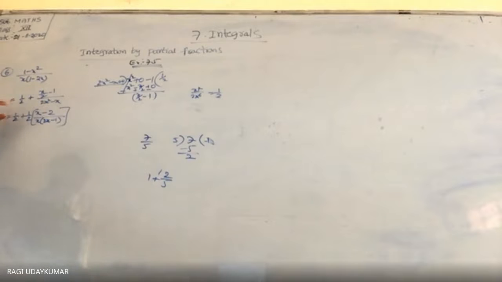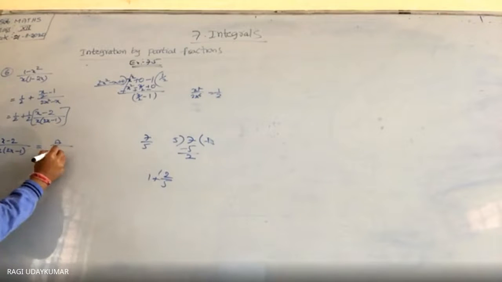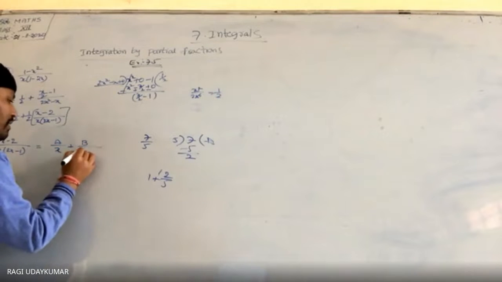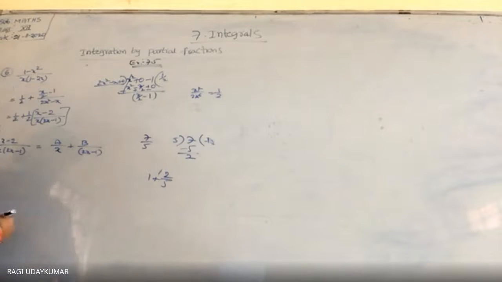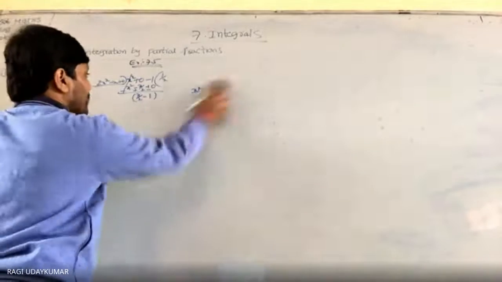इसको split करना है. इसका इंटीग्रेशन तो कर सकते हैं. ये पार्ट लेना है. ये पार्ट को partial fractions अप्लाई करना है. x minus 2 by x into 2x minus 1 can be written as a by x. ये तो x minus 0 मान लो. You can consider x minus 0 plus b by 2x minus 1. So this completely you can take into rough column में ले सकते हैं.